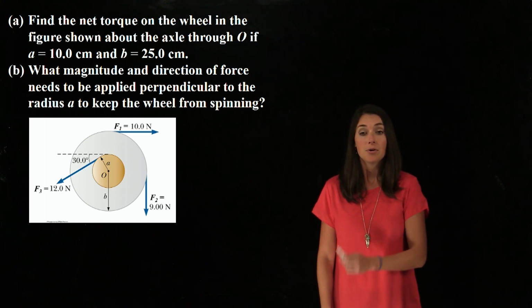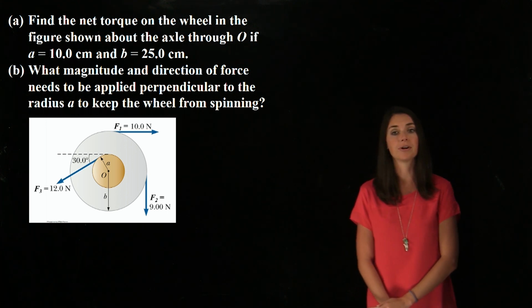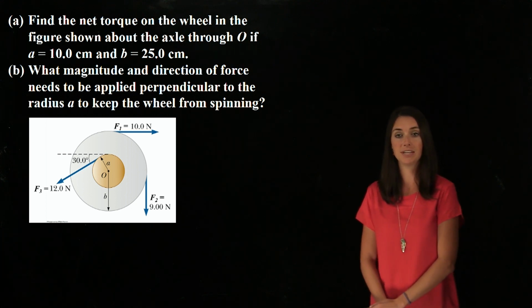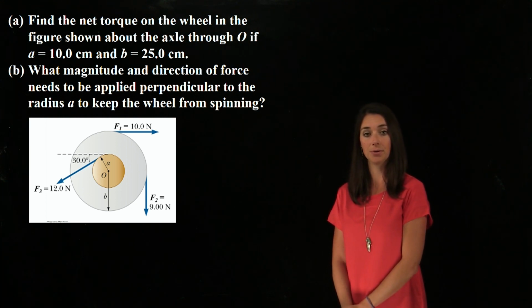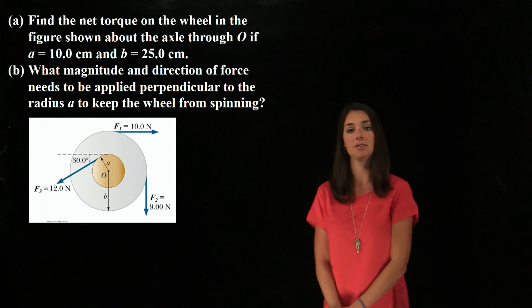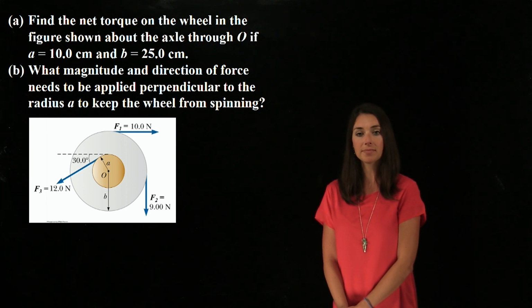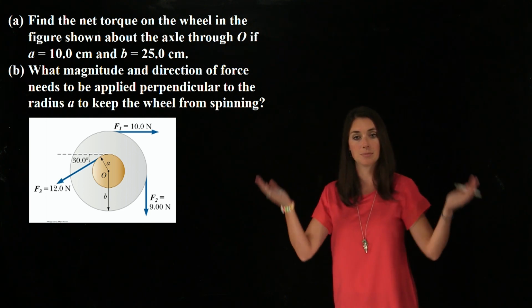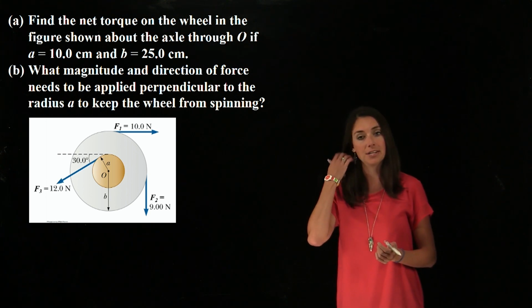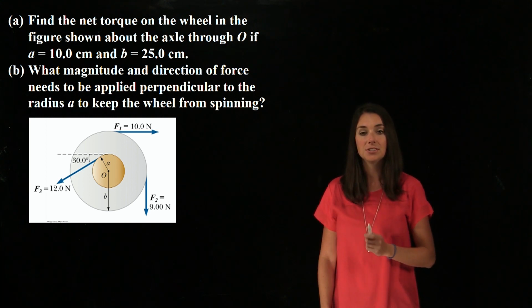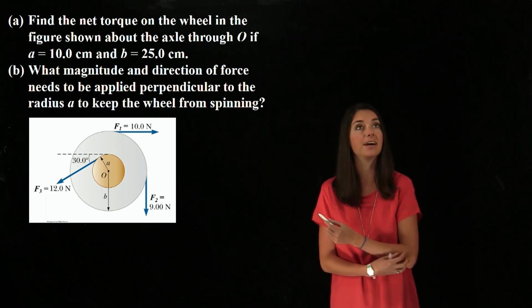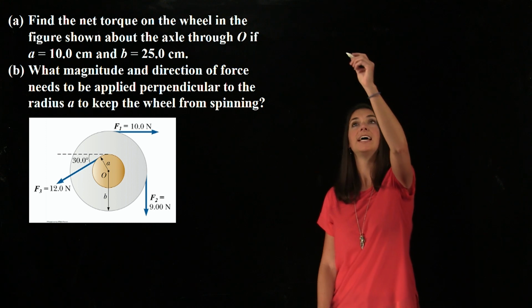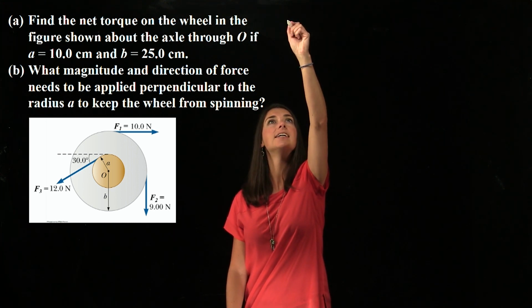So first we are going to find the net torque on the wheel in this figure about the axle O, or capital O, which is in the middle of the picture. And there are 2 radiuses. One is on an inside wheel with radius A, the other one is bigger, on the outside, and that one's radius B of 25 centimeters. So the forces are labeled there. So if I want to find net torque, then